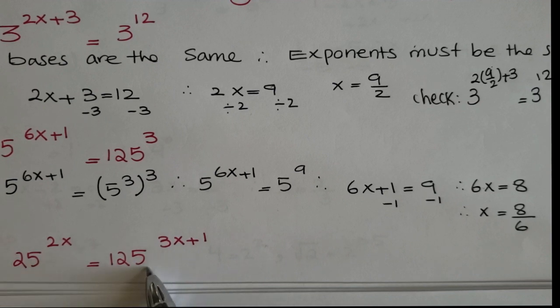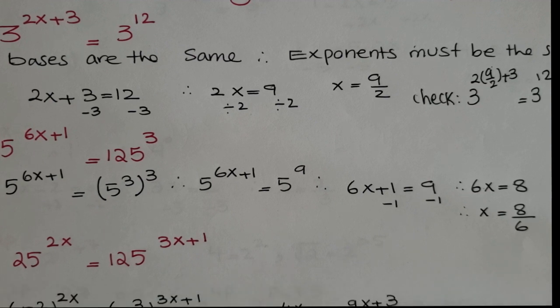So neither the bases nor the exponents are the same. So what can we do here? Remember, we can always convert the bases and have a common base. So here, 25, I can convert it to 5 to the power 2. And for 125, I convert it to 5 to the power 3. And then after simplification, I would have